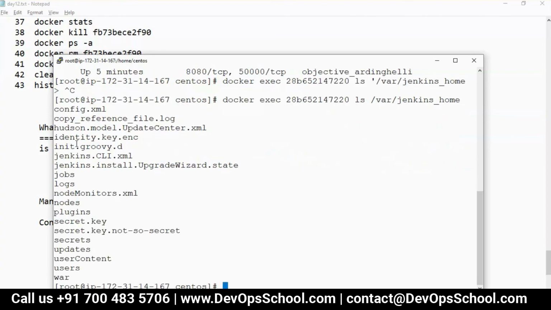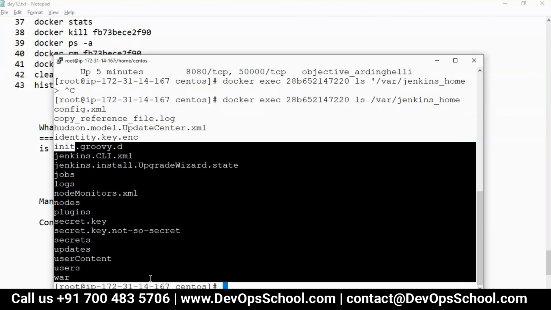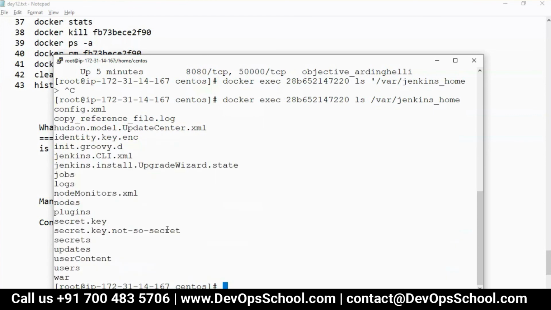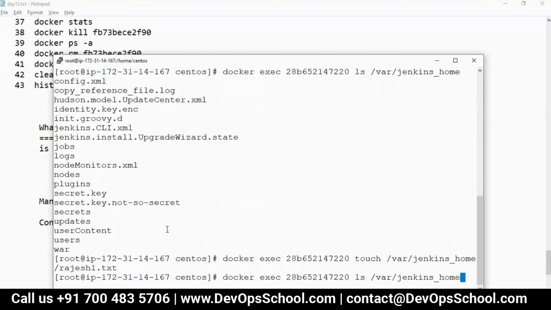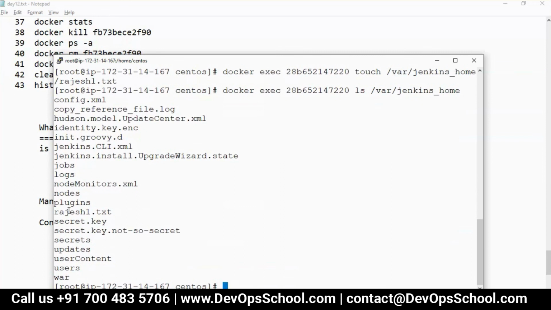See the file. Do you have a file here, Rajesh? No. I am creating one right now. Touch Rajesh 1.txt. And do you have the file now? See. Can you see it in another container now?